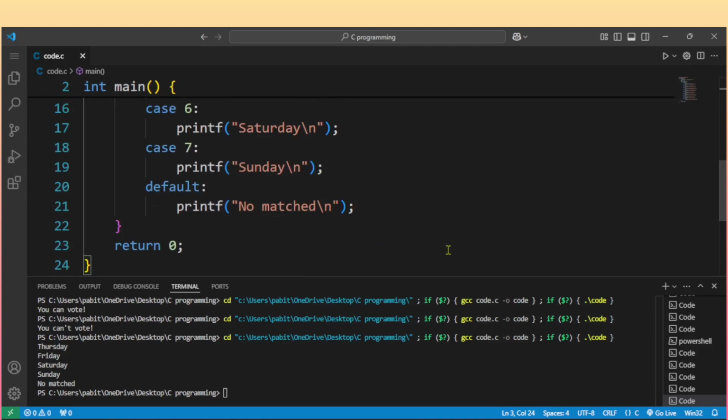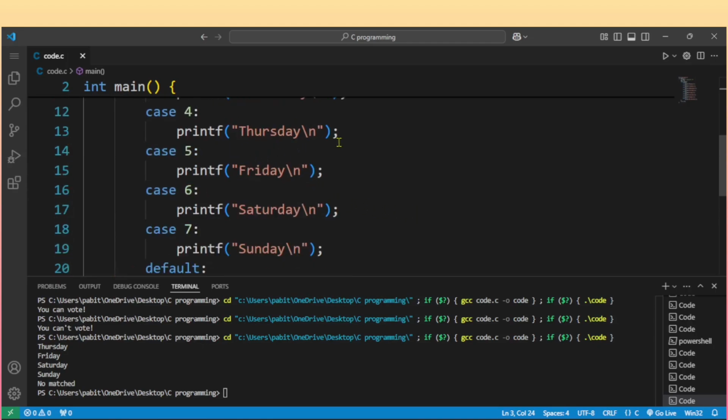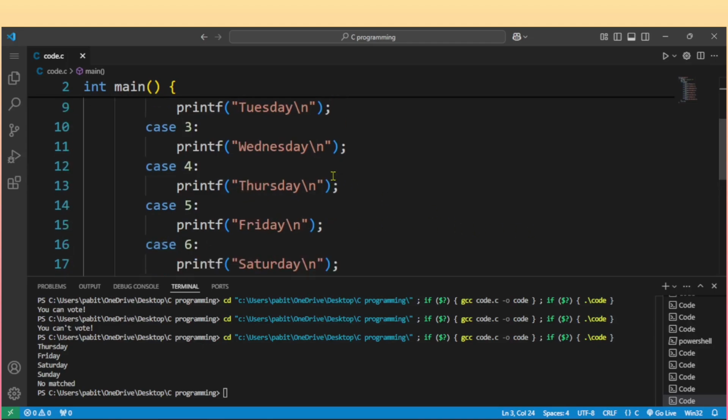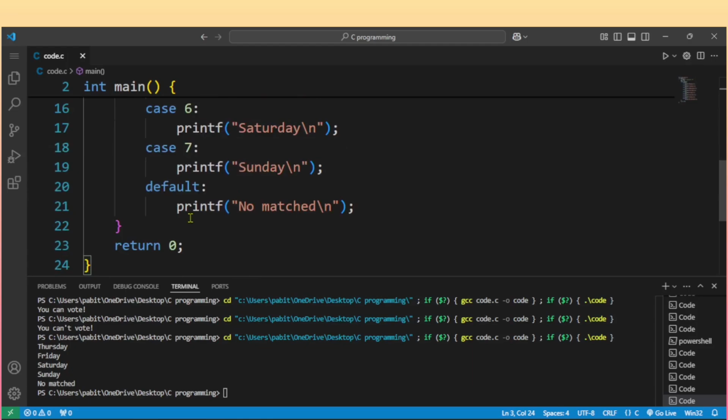That is very annoying. But what if I want only Thursday to be executed because case 4 is matched, and under this case 4 only Thursday will be executed, not even the statements after this matched condition? Then you can use break statements, something that I have discussed in the previous video. That is a control statement. There are two types of control statements, one is break and the other is continue. So over here, to exit the switch block, that starts over here and ends over here,